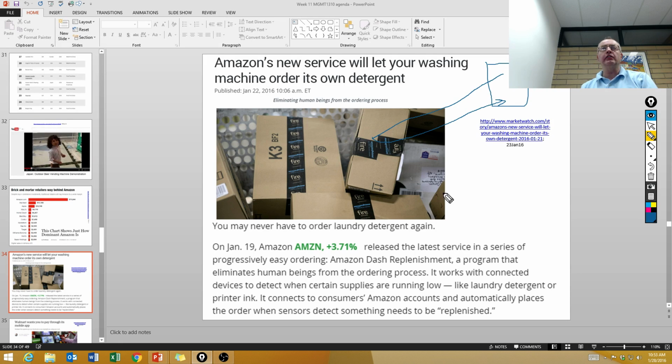And so I know they've got this built into some new kinds of washing machines, ordering laundry detergent. And I think it's also for printers, for ink. Anyway, it'll be interesting to see if that takes off or not. I guess if you wanted to change your mind for the brand, then it's probably not going to work very well. But anyways,